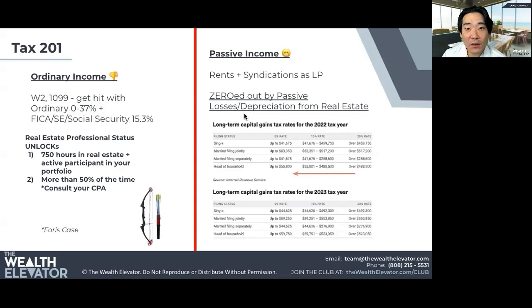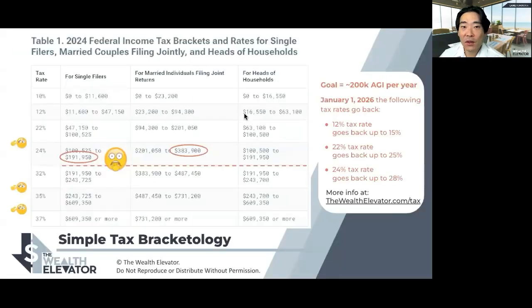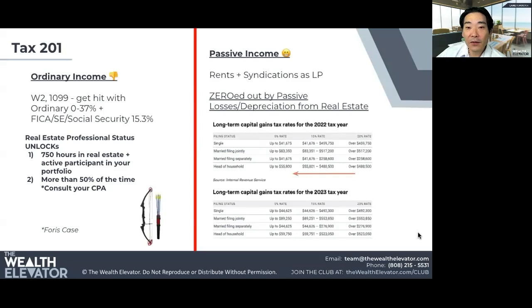But once you're able to do that, now you unlock this cheat code of being able to drive your income down to whatever you want, assuming you have enough arrows to drive it down. And I was like, wow, this is cool. This is for me. That was back in like 2017, after talking to so many people who were quietly doing this very legally. And now you realize why the rich get richer, and the poor who don't even have any passive losses or real estate stay where they're at and just pay a lot of taxes.